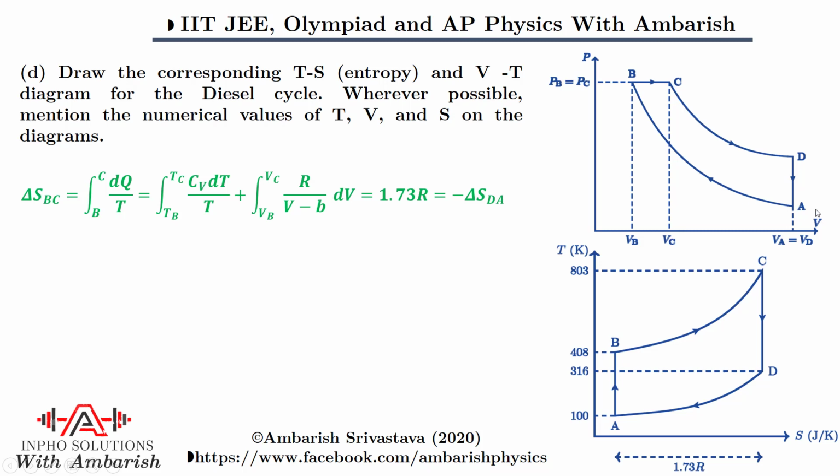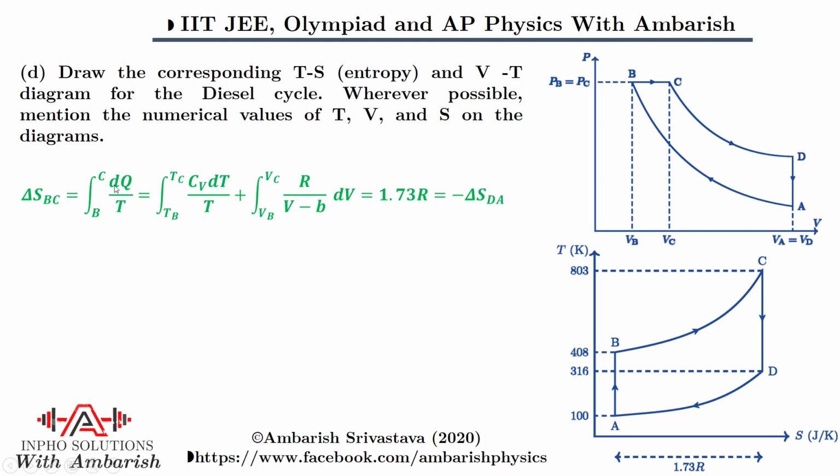A to B is an isentropic process, and C to D is also an isentropic process. So these processes will look like vertical straight lines on the TS diagram. And for B to C, I need to calculate the entropy change, and you know that entropy is a state function. So whatever the entropy change from B to C, when you come back to B, the same entropy has to be restored. C to D has no entropy change, D to A has some entropy change, and A to B again has no entropy change. So the B to C entropy change should be exactly equal to the D to A entropy change in magnitude and opposite in sign. So let's find out the entropy change from B to C.